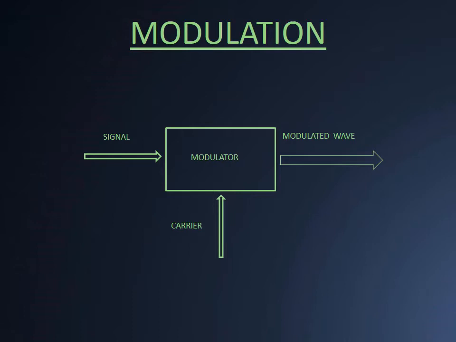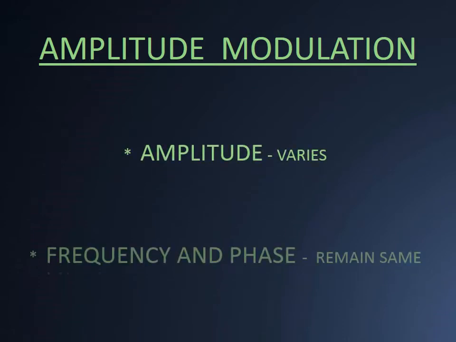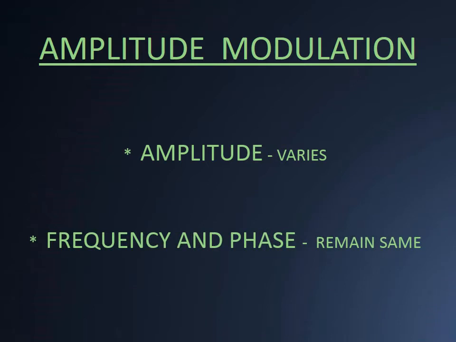Depending on the method of superimposition, either amplitude or frequency or phase of the carrier wave gets modified in accordance with intensity of the signal. The process of modification in some characteristics of the carrier wave is called modulation. If only amplitude of the carrier wave is modified, frequency and phase remaining the same, then the process is called